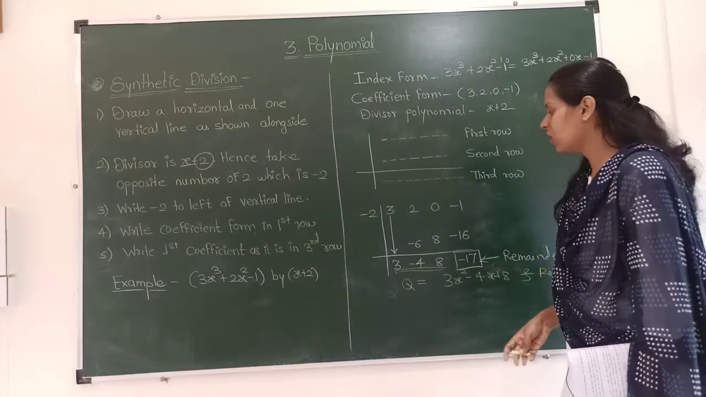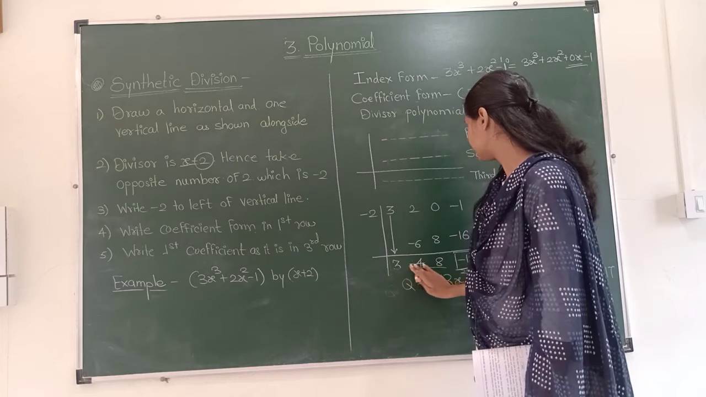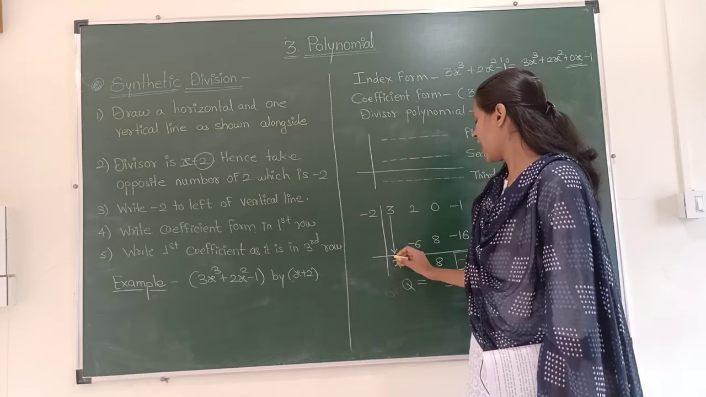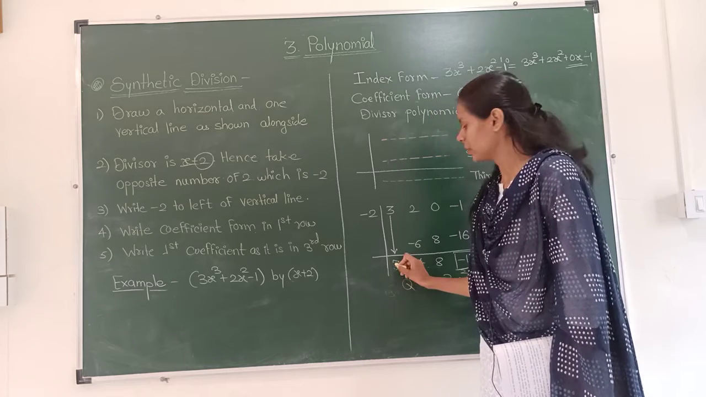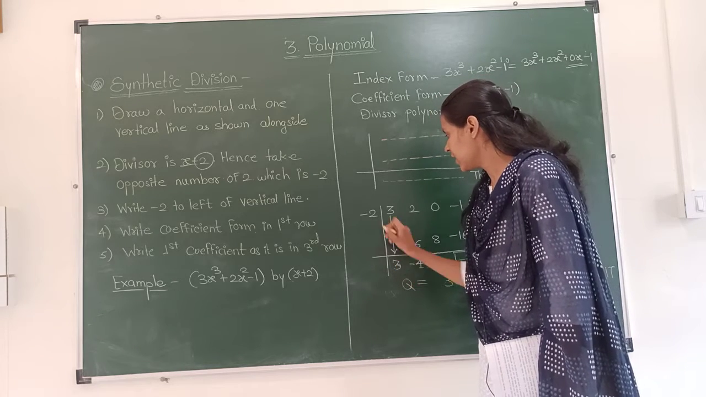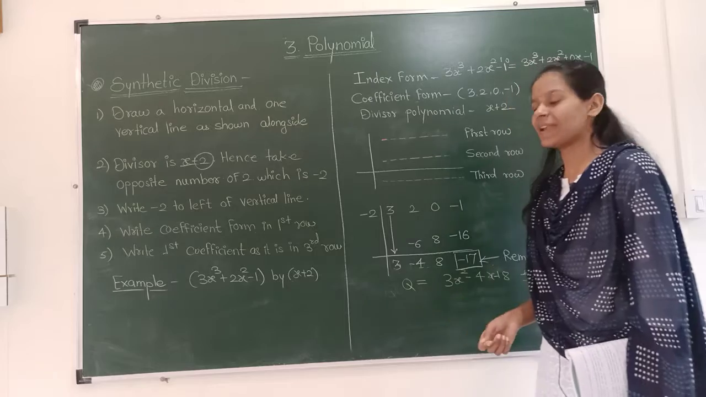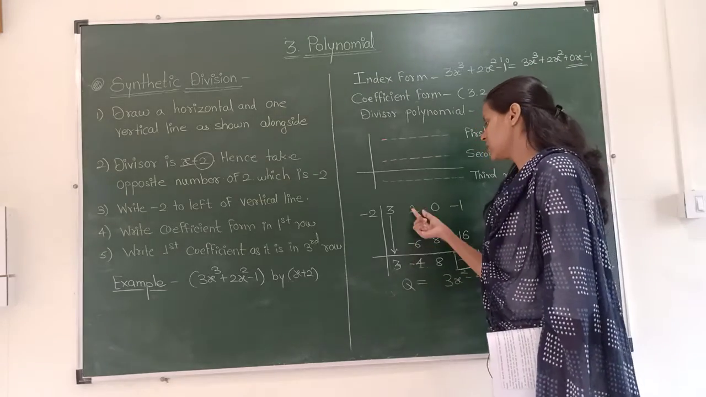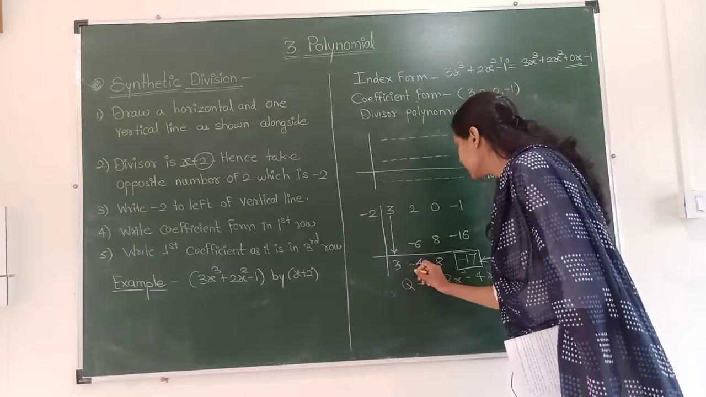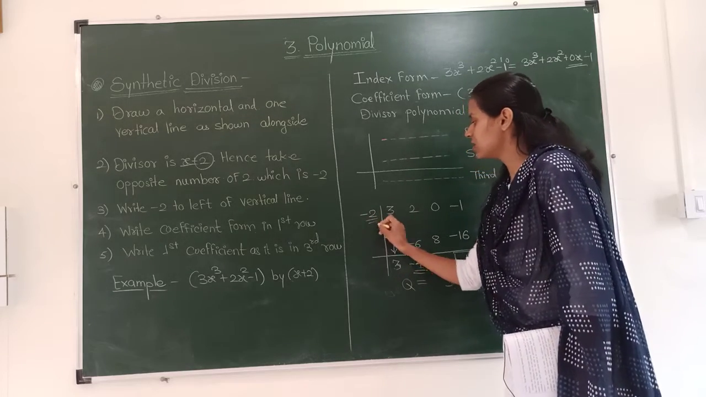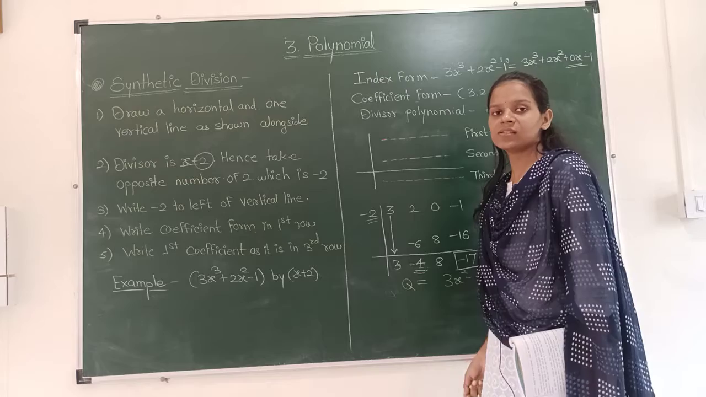Now how will we do it? See. Firstly what we have to do? We have to write this 3 as it is in the third row. So now this 3 into this minus 2. 3 into minus 2 is minus 6. So 2 minus 6 is minus 4. Now this minus 4 into this minus 2. Minus 4 into minus 2 is